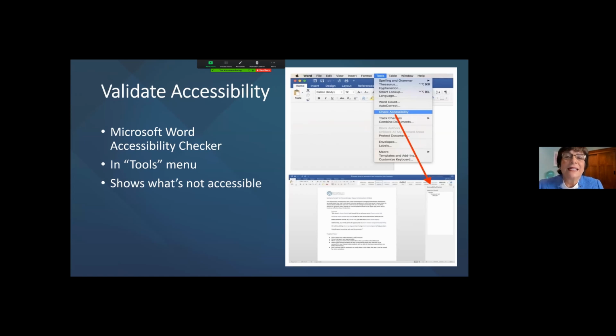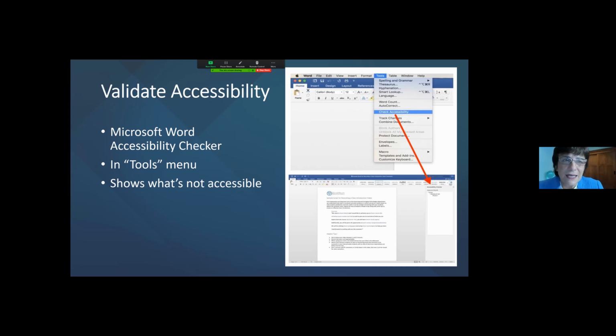Now, on validating accessibility, Microsoft did a wonderful thing. Just go to your Microsoft Word and go to the Tools menu up at the top. Go down to the menu bar, and you can see that it's highlighted Check Accessibility. How simple is that? Tools, Check Accessibility. So do that on one of your Word documents tonight. Open a document, click on Tools, Check Accessibility, and watch the accessibility checker box come up. And it'll start telling you what the errors are and how to correct it. It's real time, so it'll show what's not accessible instantly.